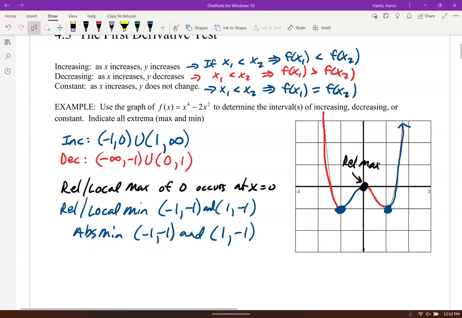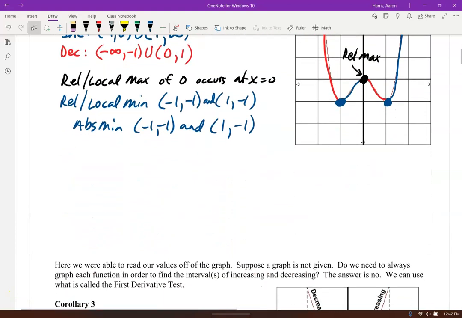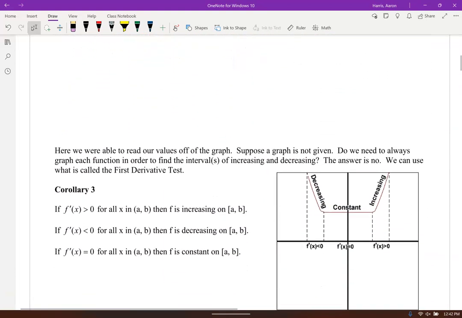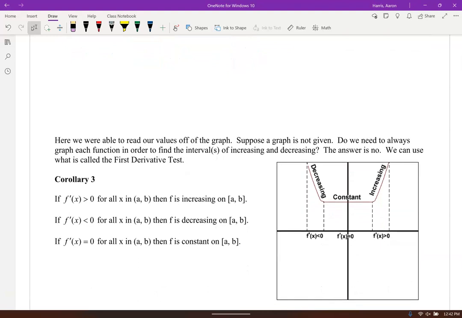So with this one, we're able to read the graph, but let's suppose a graph's not given. Do we need to always have a graph in order to find the intervals where it's increasing or decreasing? No, we don't. Because if you look at where a function is decreasing, let me do it for this one. You see how you're decreasing right here in that area? Well, if you've got a function that's decreasing, or maybe you've got a quadratic, right? It's decreasing